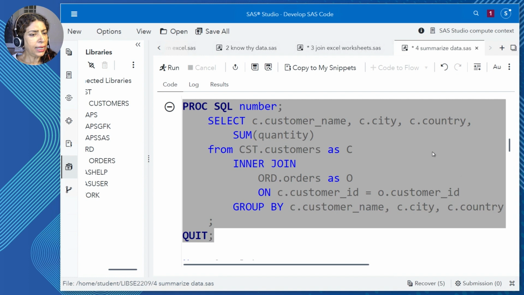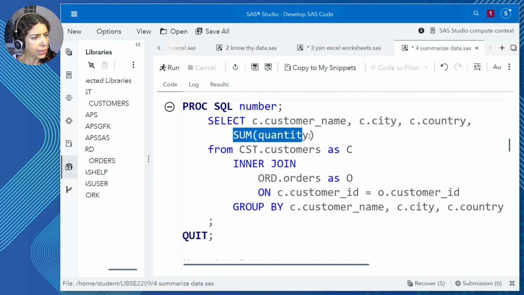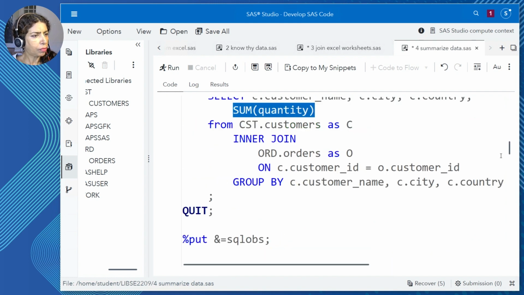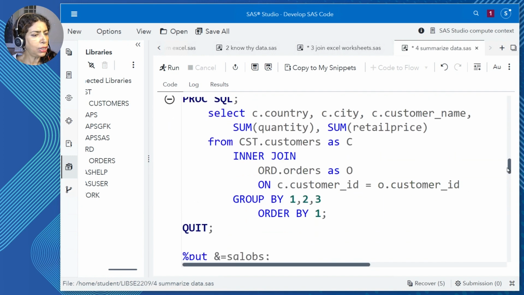So not only do I want to present the data better, but I'm also curious, am I limited to summarizing by only one column? Can I not have summary statistics for multiple columns? And the answer is a resounding yes on both counts. I'm going to go ahead and summarize two columns now. So earlier I did a sum of quantity.